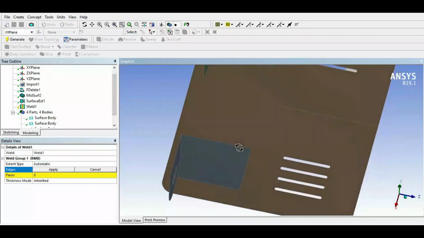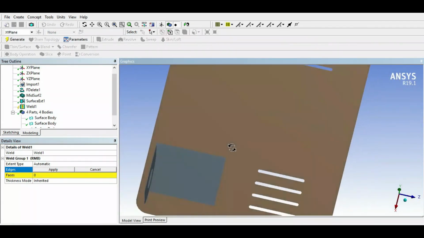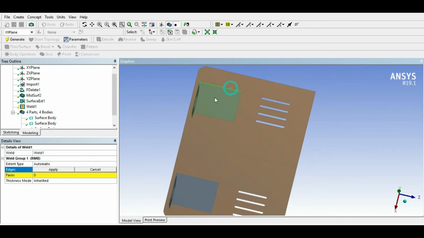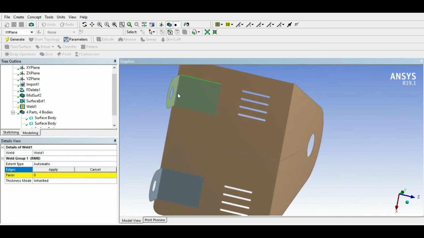So here we have to select edges. So select edges, press the Ctrl key for multiple selection, right? So we are done with our edges, apply.